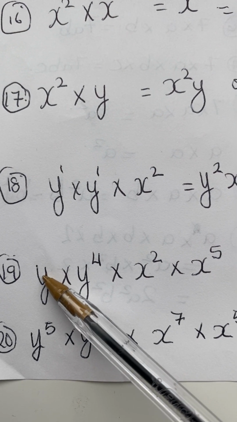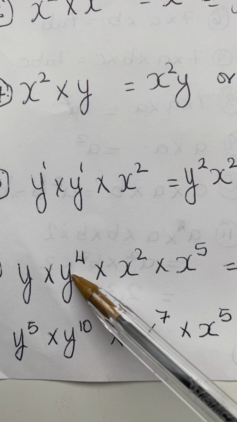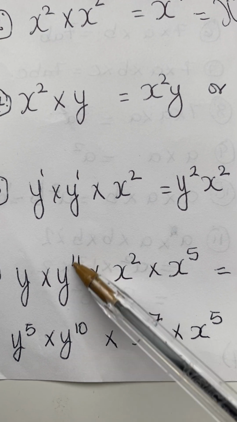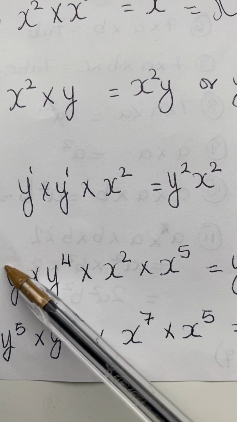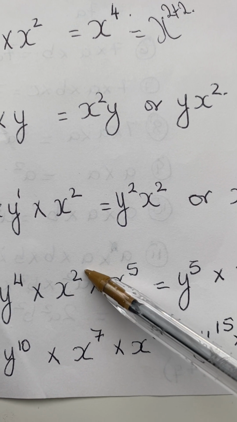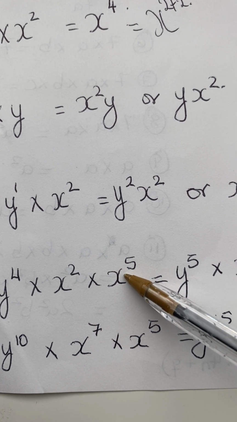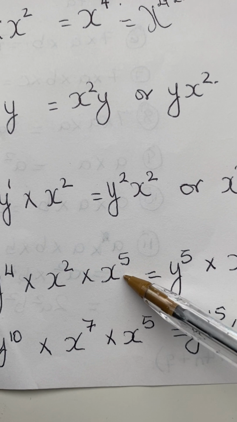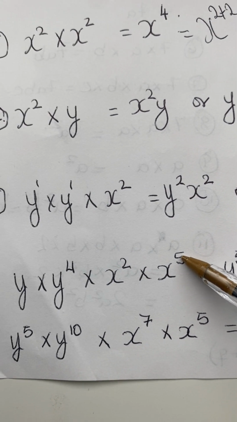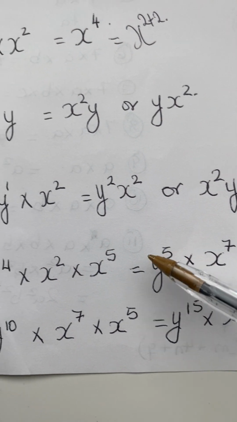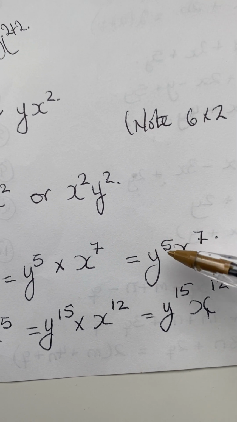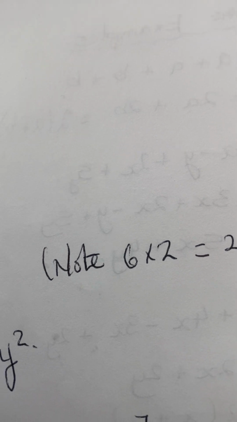Now 19, y times y to the power 4. So straight away, this is y to the power 5. We are putting like terms together. Let's look at the x's. x to the power 2 times x to the power 5. So this will be x to the power 7, because 2 adds 5 is 7. So we have y to the power 5, x to the power 7. So we can write it as y^5 x^7, or